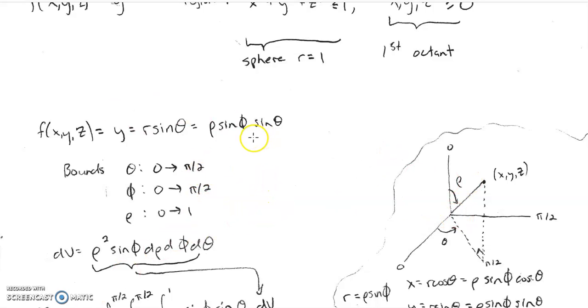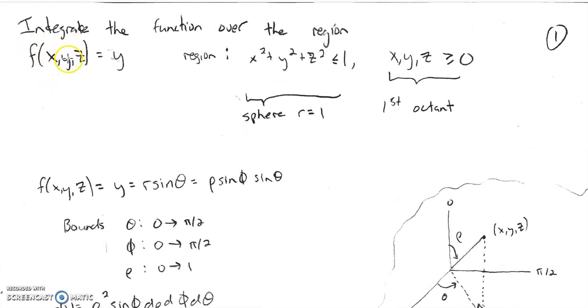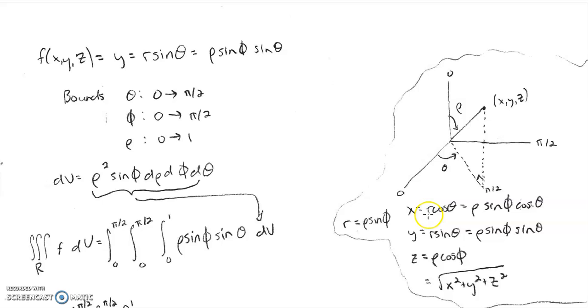The other thing that I need to do is convert this f of x, y, z over to spherical coordinates. Fortunately, we've got all these conversions right here, right? We know that y is r sine theta, and remember r is rho sine phi. I'm not going to go over that. You should be okay with that. So if I take this r and replace it with rho sine phi,